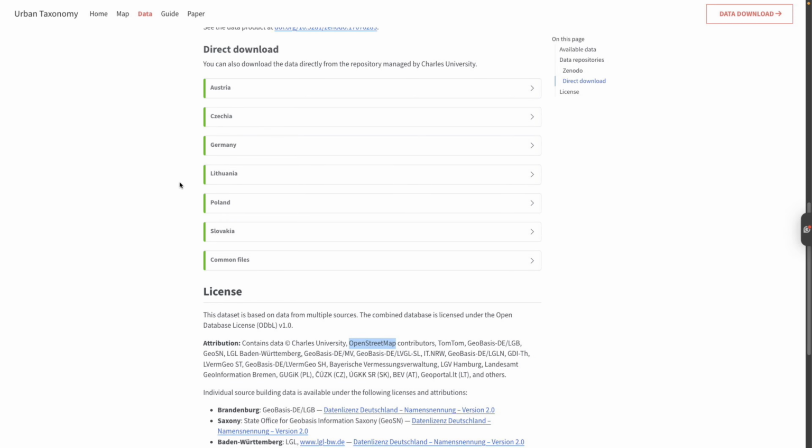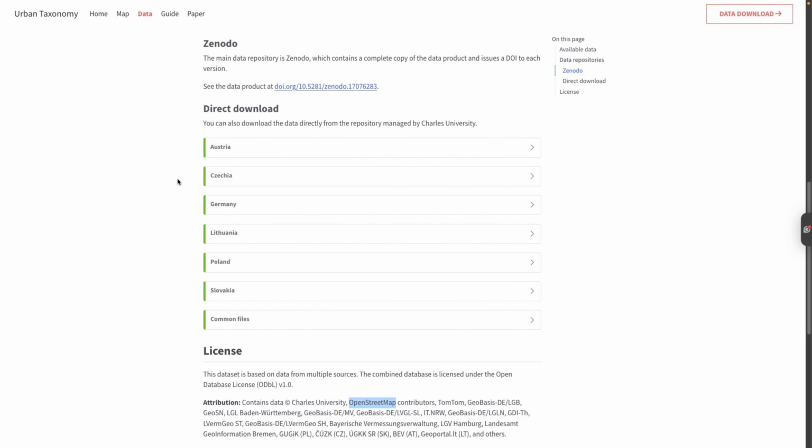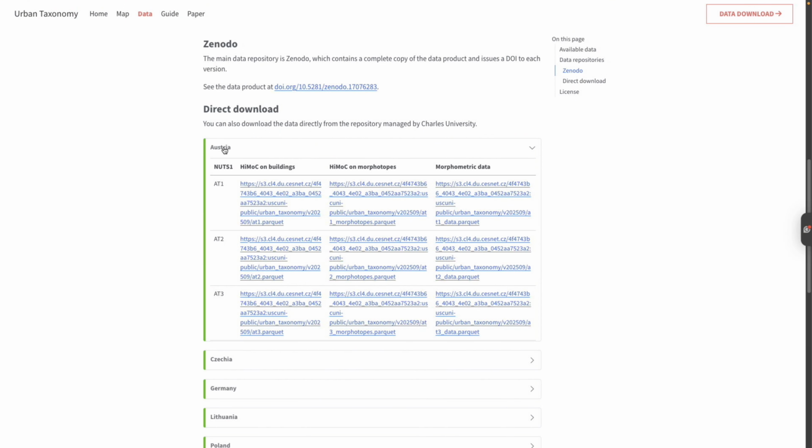However, here the analytics was already done, so we just have to go to this website and download what we want to visualize and what we want to study. Here, as an example, I will download data from Austria, from the 81 NUTS region. Here, you just have to click on the link. We will go for the building dataset, where, as you will see, we will have building polygons and morphology class